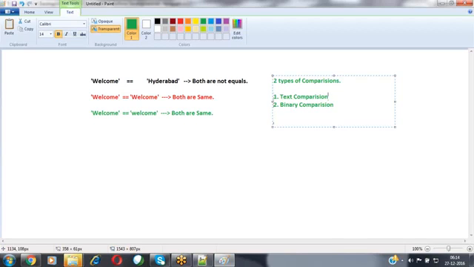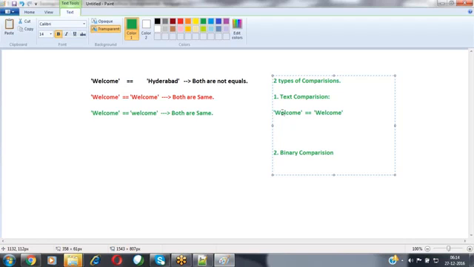For example, when coming to the text comparison, I'm comparing two values. One is "welcome" and the second value is also "welcome". If you're using the equality operator here, in text comparison it just verifies the characters.